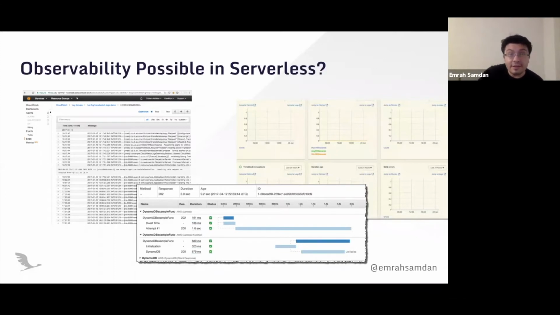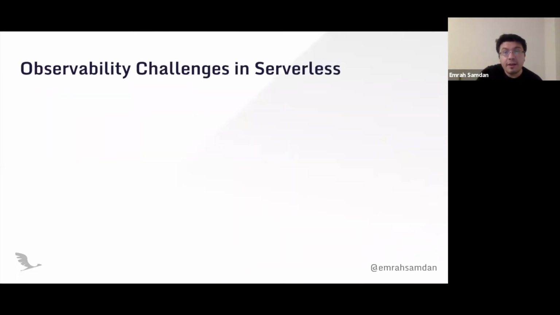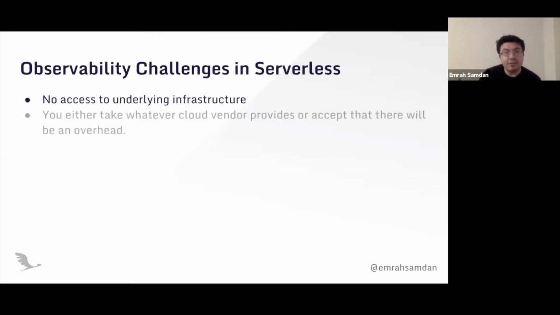That's why you need to do something yourself to actually be sure that your system is observable. If you want to talk about observability challenges very briefly, Lambda runs on a container that AWS hosts somewhere in your region, and you are just sharing this container with somebody else's Lambda. So naturally Lambda doesn't give you access to the underlying infrastructure, so you cannot install an agent of a monitoring vendor, or install your own agent.